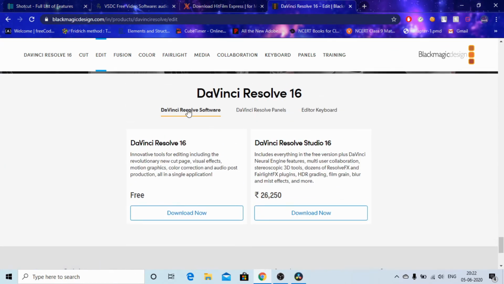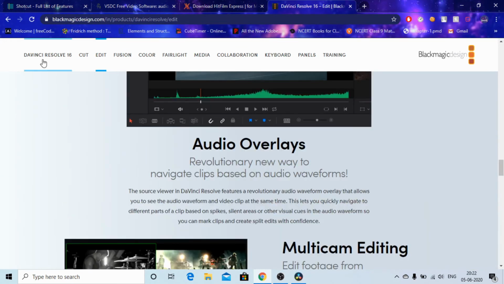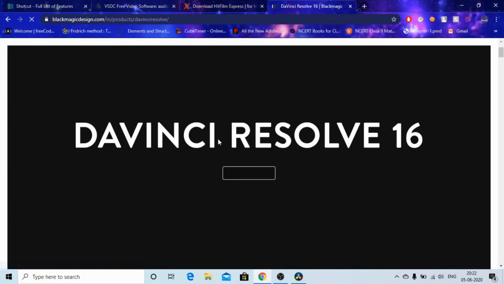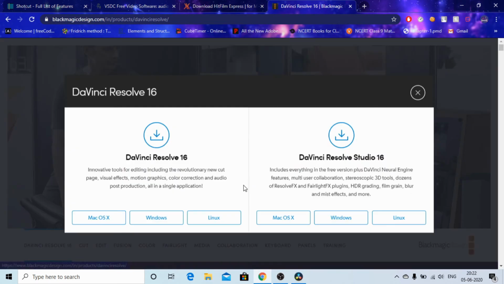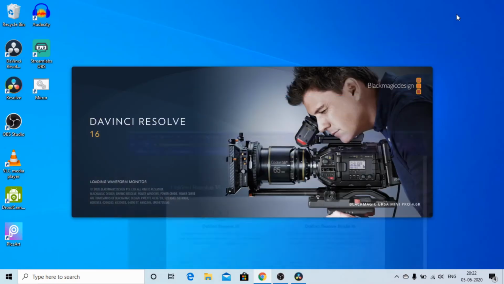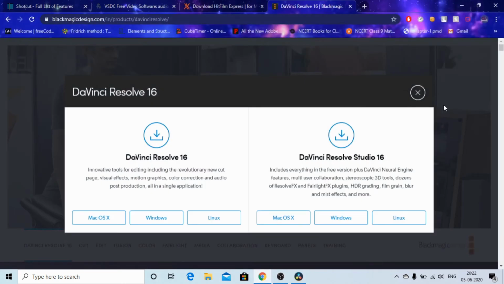There are 2 types of things, so don't get confused over here. When you click on download in the above panel, I'll show you. I got confused over here and thought I got clickbaited or something. When you click download, it'll show over here that it's free, because only after downloading will you get to know, right? So this is the main thing. You should not download Studio 16. You have to download just the DaVinci Resolve. After you install it, run it. It's still loading though.